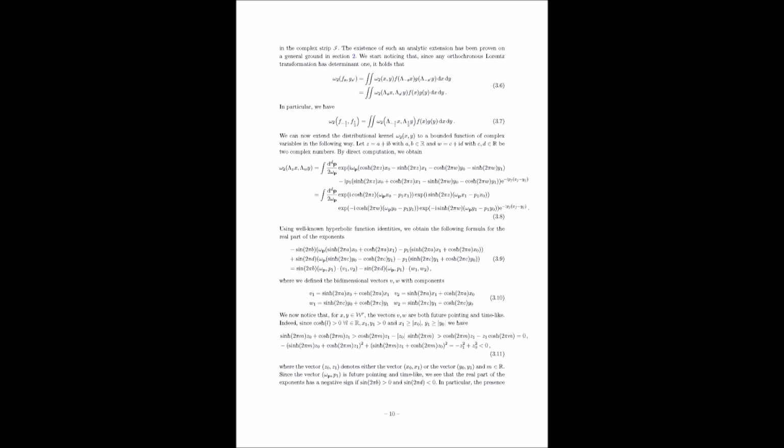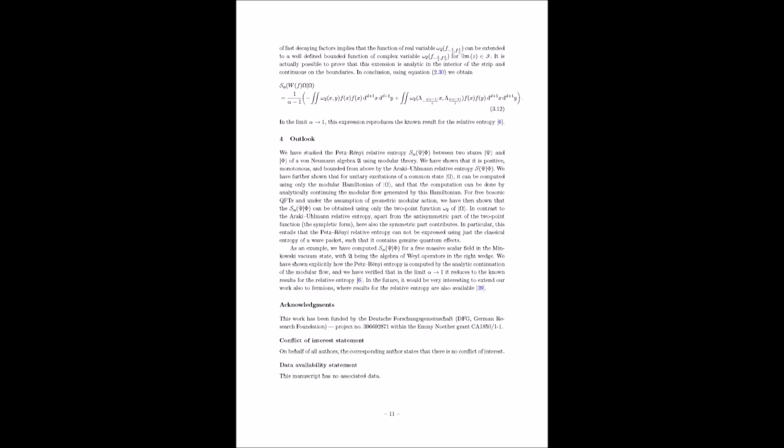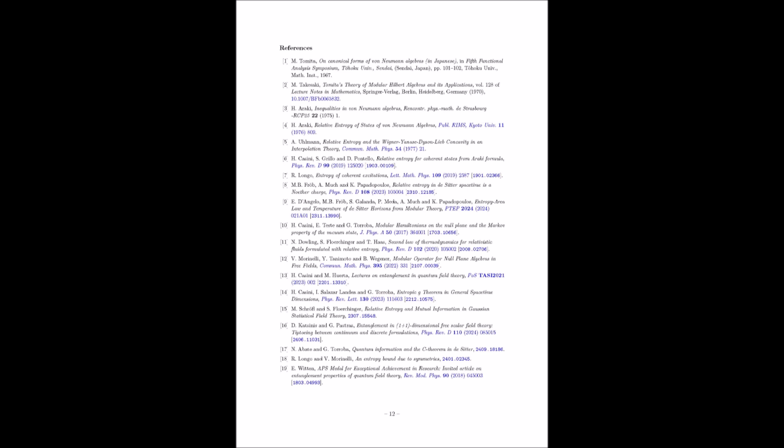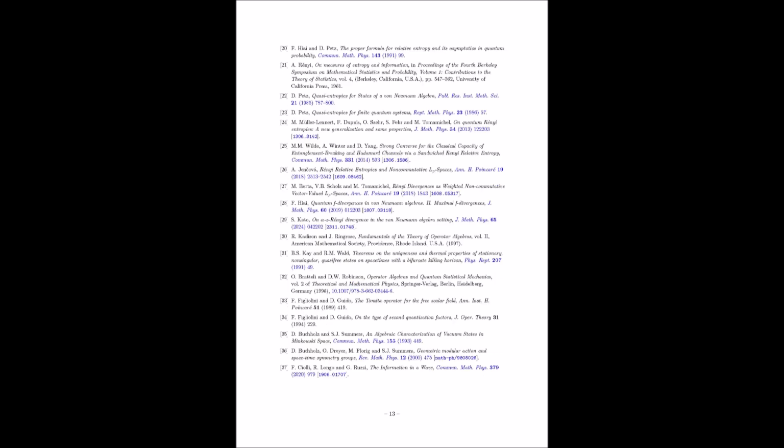Nice. They define something called the Rényi entropy of a vector, which is a quantity associated with a vector in the standard subspace. What does that tell us exactly? It's a measure of how spread out the vector is within the standard subspace. Interesting. And it turns out to be intimately connected to the Petz-Rényi relative entropy between the vacuum state and a coherent excitation. So we're using the geometry of the standard subspace to understand the information content of different quantum states.